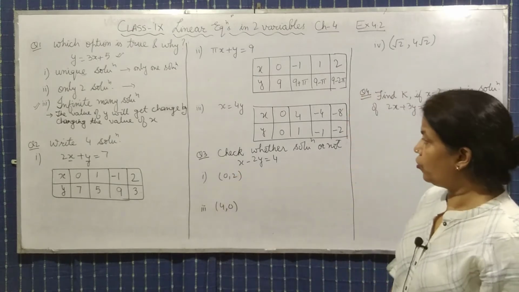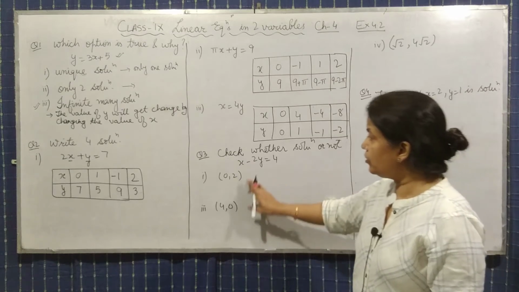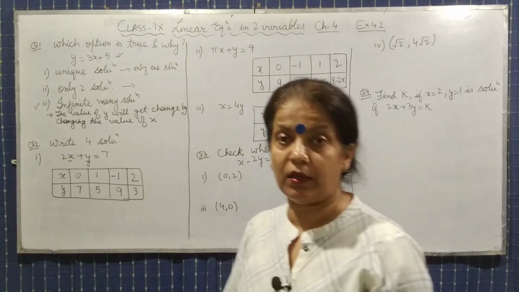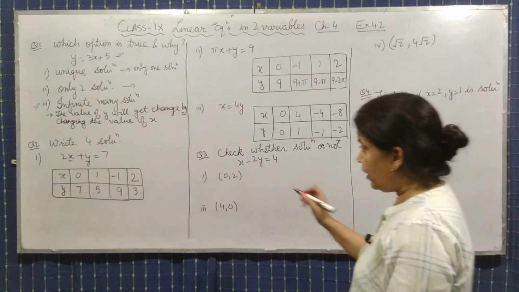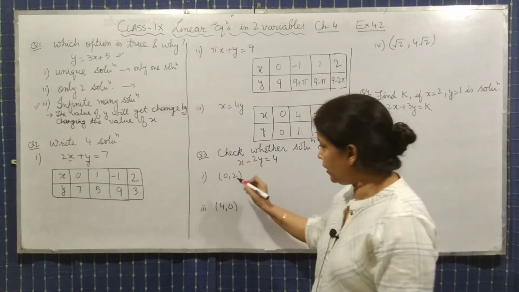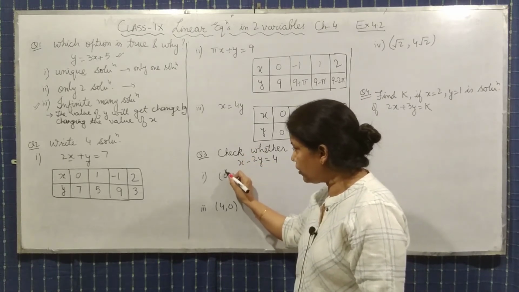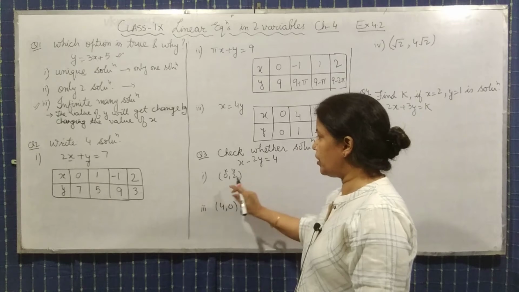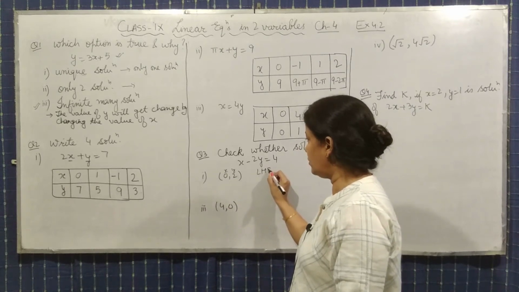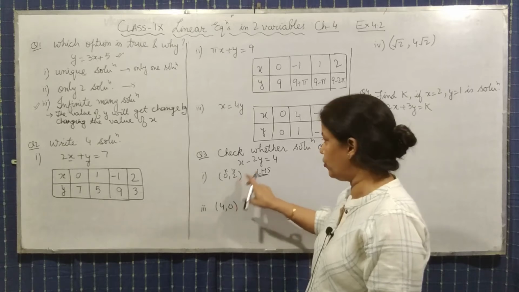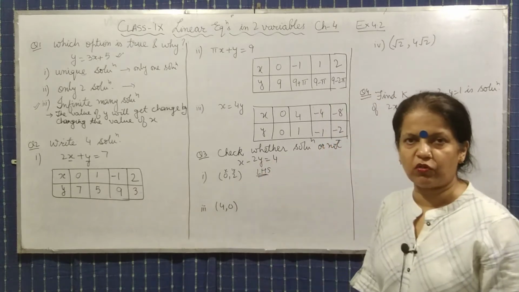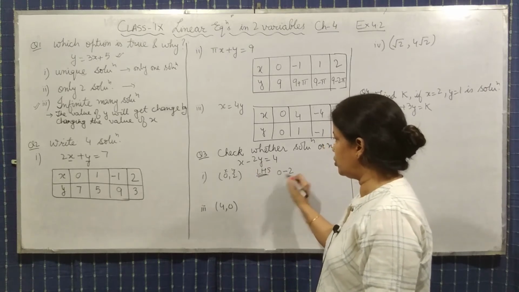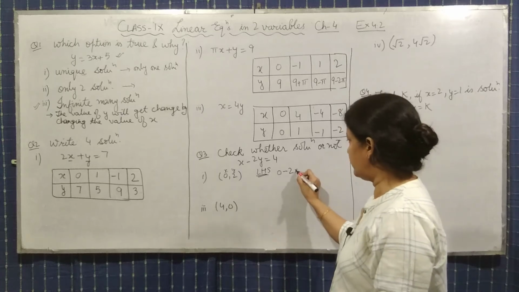Question third is check whether these are the solution of this linear equation or not. Solution है या नहीं? So how we will do it? हमने ये in the graph we did it for the coordinate. This value is always x and this is y. ठीक है? So in this equation we will put in LHS. On the LHS side, we will put x and y value and we will see whether it is equal to 4 or not. Instead of x, 0, minus 2 y. y is 2. Let's see.